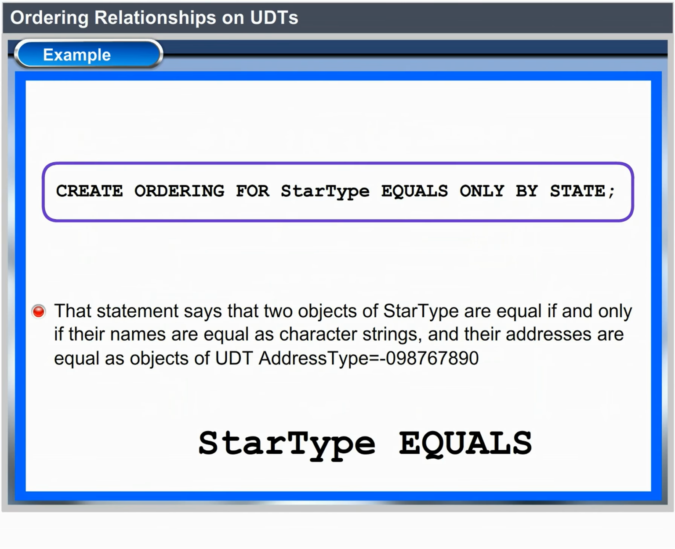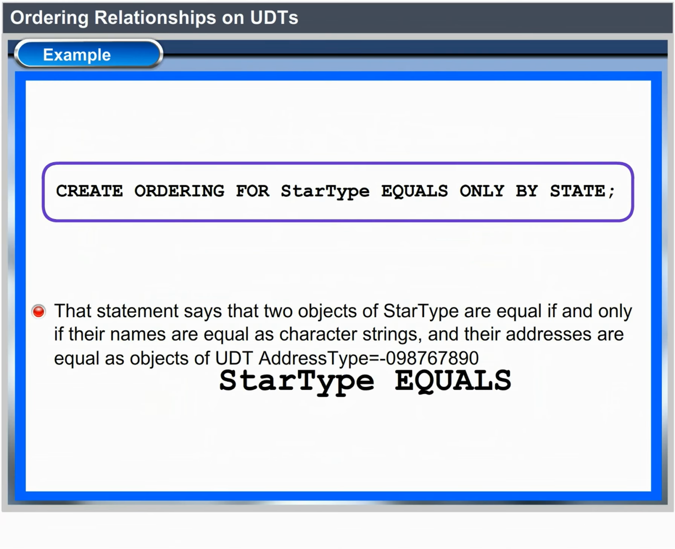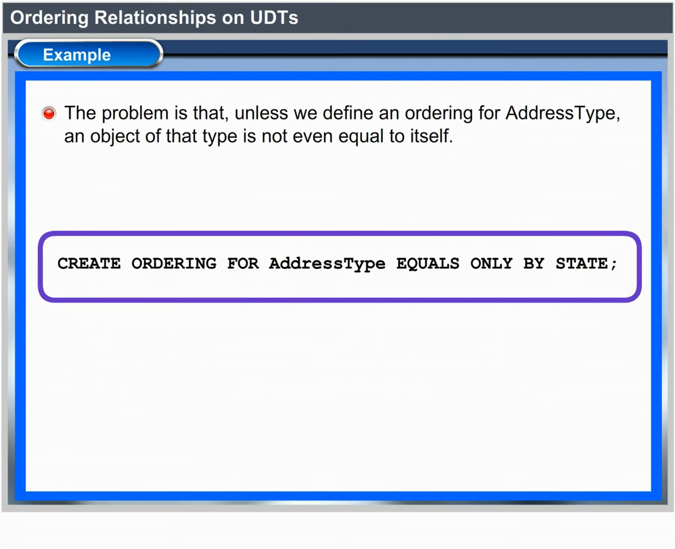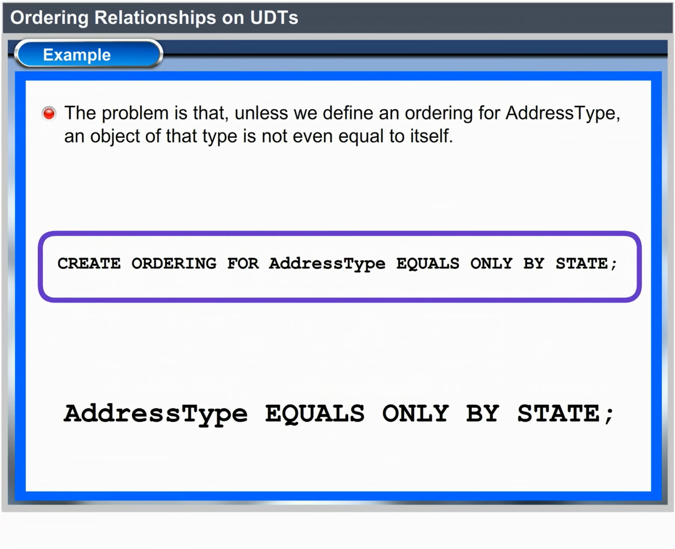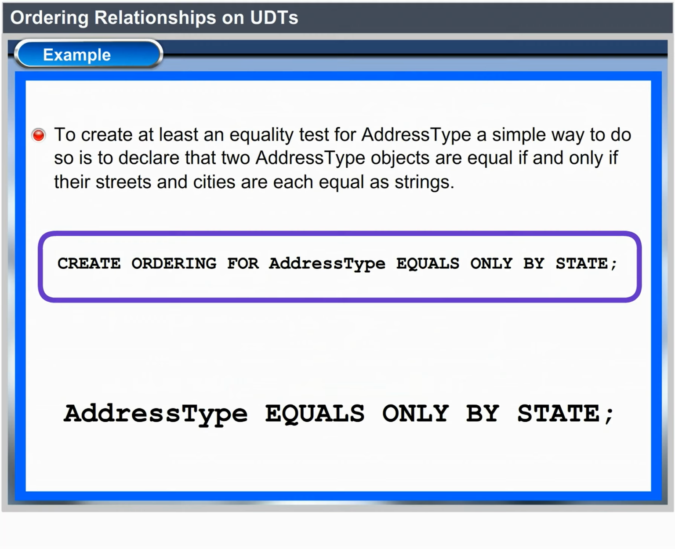The problem is that unless we define an ordering for AddressType, an object of that type is not even equal to itself. Thus, we also need to create at least an equality test for AddressType. A simple way to do so is to declare that two AddressType objects are equal if and only if their streets and cities are each equal as strings. We could do so by